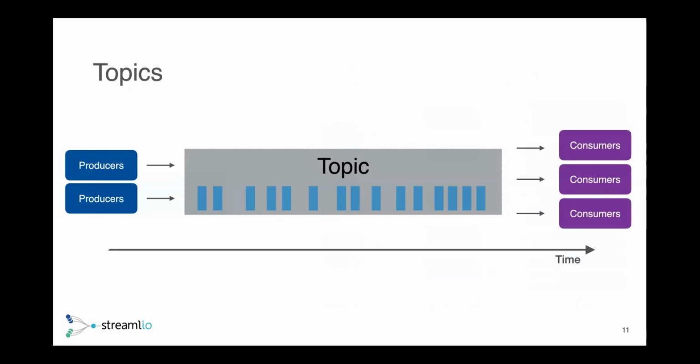Topics, as I mentioned earlier, are your basic data in, data out, the lowest level logical construct within Pulsar. Producers write to topics, consumers read from topics. Messages get stored there, and over time, consumers read those and acknowledge the messages. Once all the messages have been acknowledged, depending on the retention policy, they can either be deleted because they've been delivered to all expected consumers, or they can be left around for future consumers based on the retention policy you want to set for those messages. But they all live within topics.